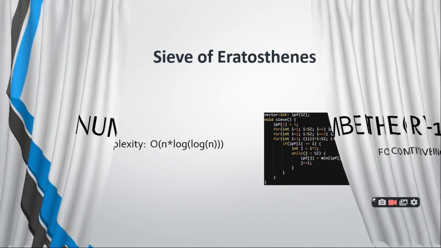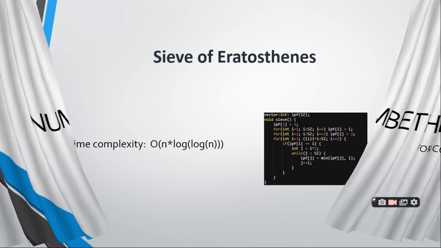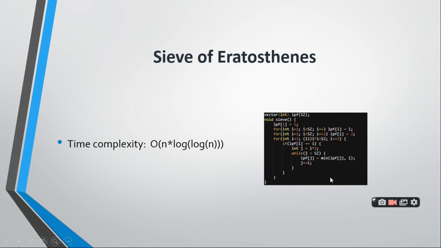First we will go to the sieve of Eratosthenes. So I will tell you the story. The code is given here for the longest prime factor. It can be used by sieve only. There are many sieves other than the sieve of Eratosthenes, like the sieve of Sundaram and all. So we are interested in the sieve of Eratosthenes only.